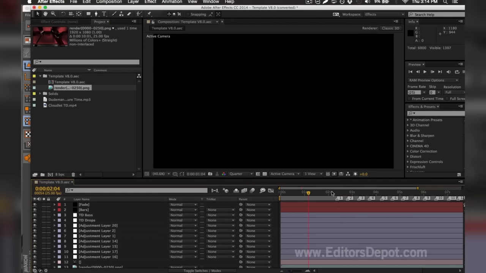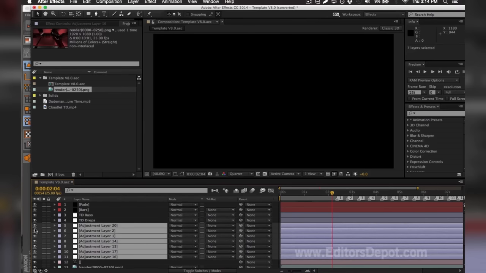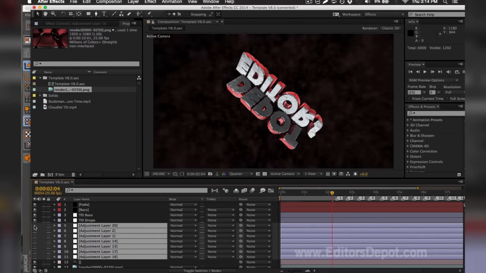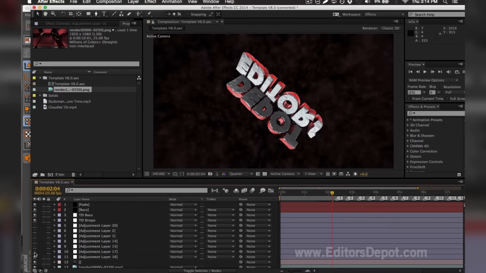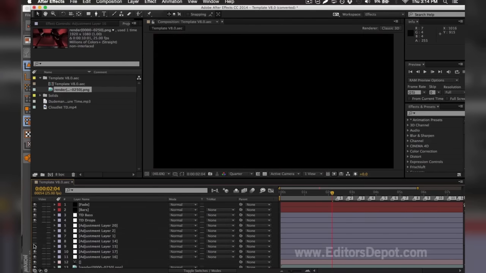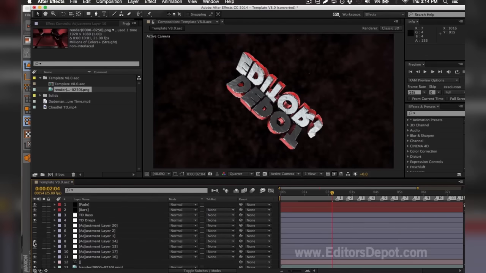So we're 100% done, assuming you have every single one of the plugins required. If you don't, you're going to have a black screen similar to this. If you do get a black screen like this, you want to troubleshoot it by turning off or turning back on whatever adjustment layers might be messing up your entire video. As you can see here, one of these adjustment layers messed up the entire render, so I'm going to turn them on one by one. That one's fine, that one's fine. Oh, this one's the problem here. So you make sure you turn them back on,